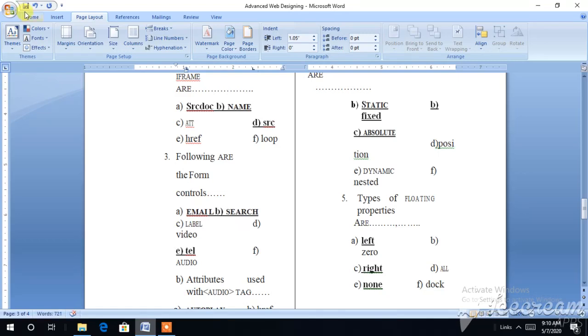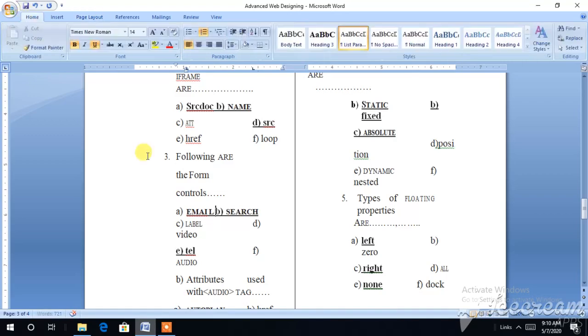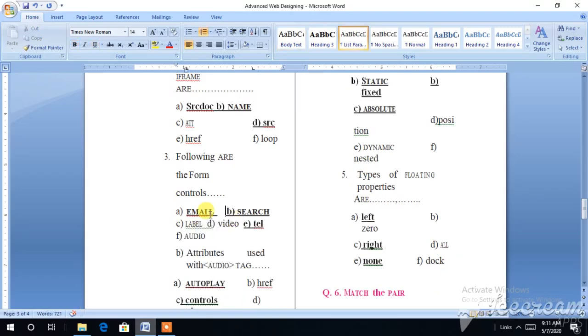Email, I have given you that is email, and search, and then telephone number. Some arrangement may not have been proper, so I have adjusted the answer so that it will be easy for you to understand.